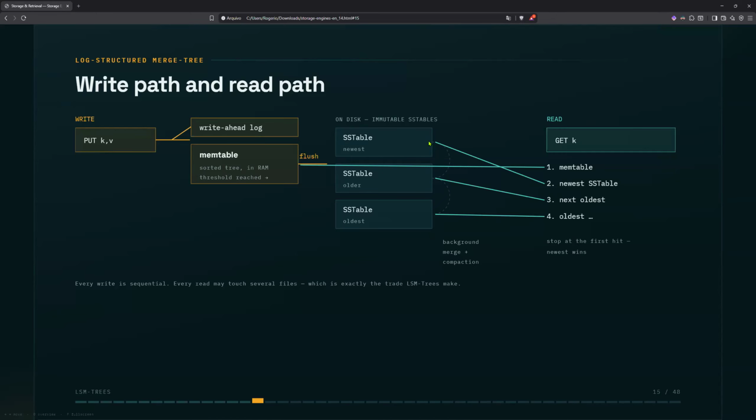Perfect. Okay. So it seems like LSM trees are really prejudiced towards an application where your information is mostly very new, where you're going to be accessing new information and not old information. Yeah, it's a pretty good insight, and you're right.